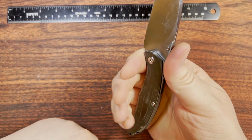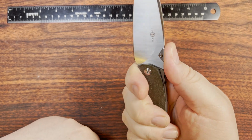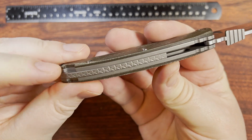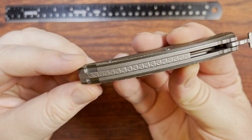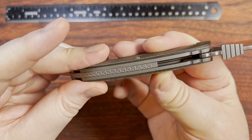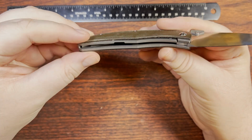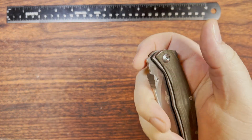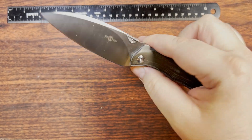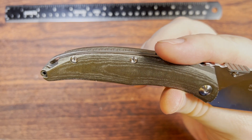The thumb paddle here ends up working out super well. I really do appreciate that. We have a nice back spacer here with some mill work that kind of makes it look like it's got some file work and all that sort of stuff going on there. We got a nice titanium subframe lock. Super nice action, but you will notice that I don't have the pocket clip attached to it,